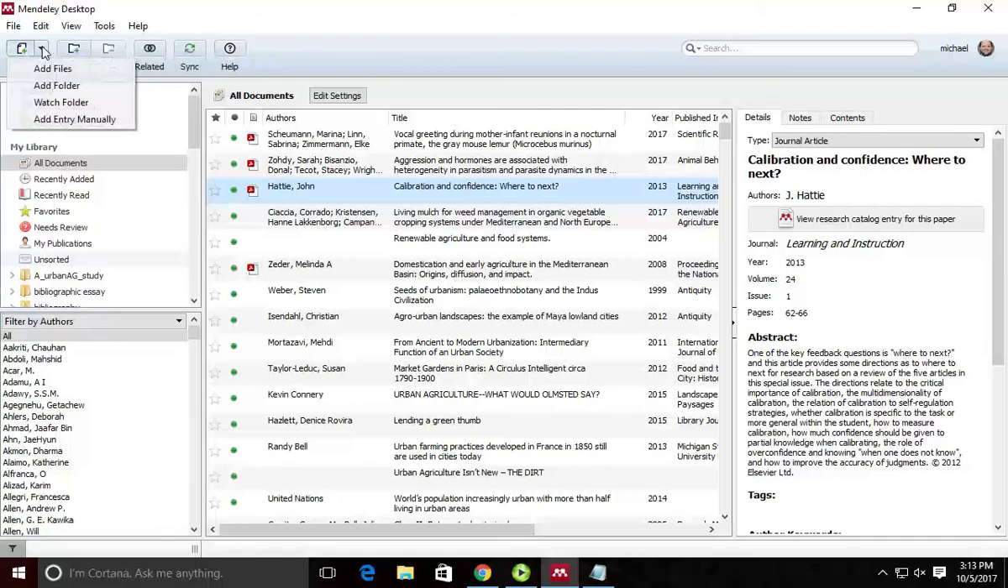Incidentally, this add folder command is one of the things that I will point out that's a difference between Mendeley Desktop and Mendeley Web. For some reason, the Mendeley folks have decided that when you're in the desktop version, add folder means go to a folder on your computer, add every PDF file in that folder. In the web version, if you select the add folder command, it's saying create a new folder within the structure